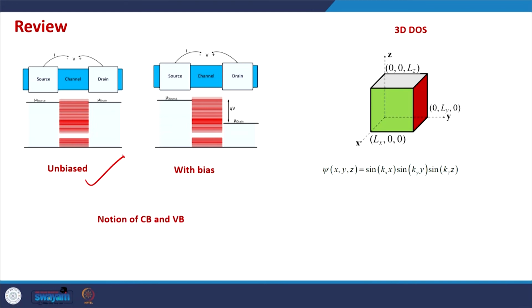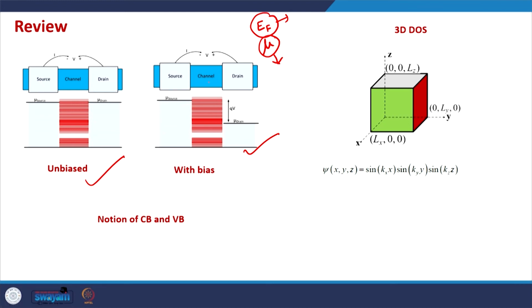this unbiased two terminal device looks like this. With bias, the source and drain Fermi levels change. Just a short note, Fermi level is represented as EF or mu. Generally this notation is used mostly by physical chemists, people in chemistry. This notation is mostly used by solid state physicists. Okay. And